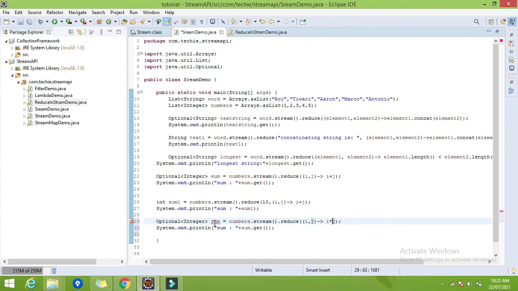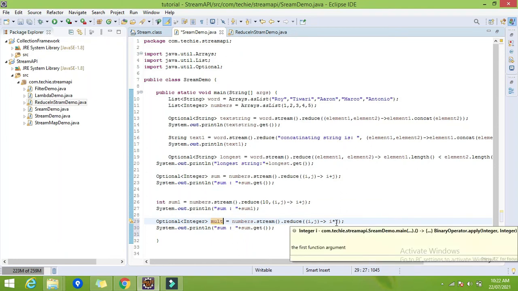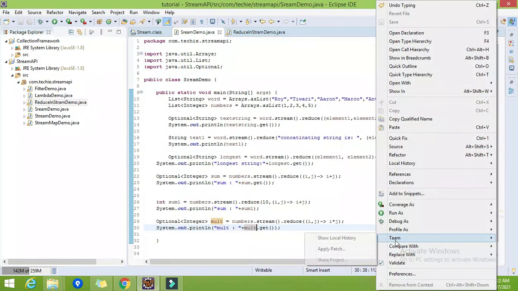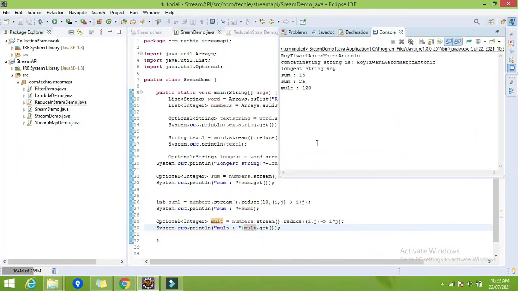And I will give the variable name as mult, right? So what it will do, it will multiply each element and give the multiplication result into this variable. But now let me try this first, then I will tell you. So here we get the output as 120, right?